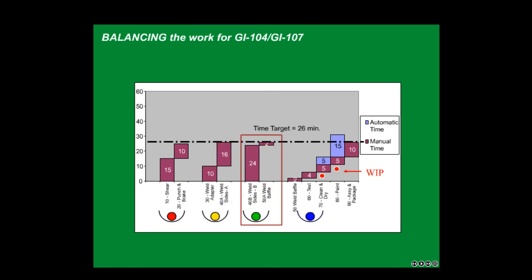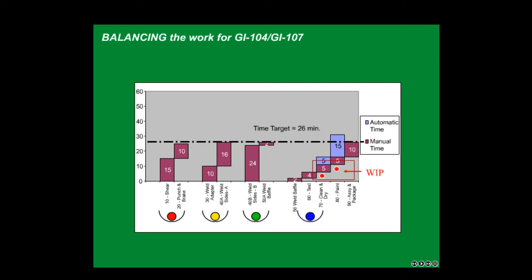The third operator finishes the weld sides complete for 24 minutes, then begins the first part of the weld baffle operation for 2 minutes, completing his 26 minutes of work. The fourth operator completes the weld baffle for 2 minutes, does the test for 4 minutes, clean and dry for 5 minutes. While this part is completing its 5 minutes of automated processing in clean and dry, operator 4 takes